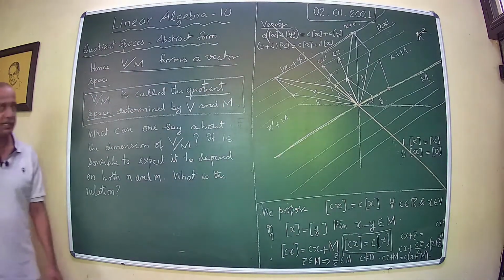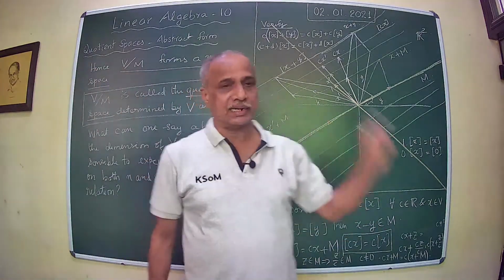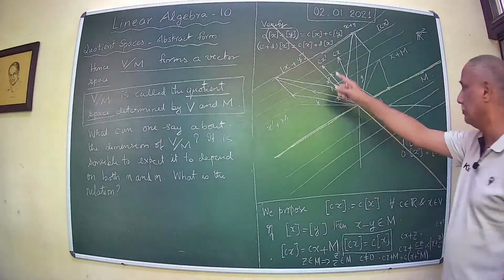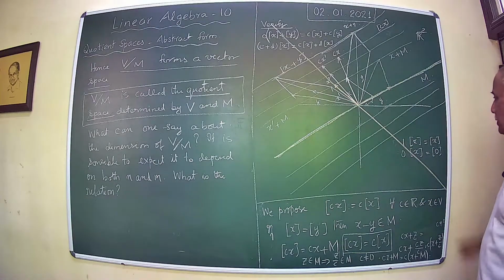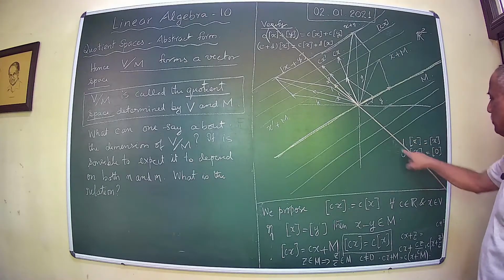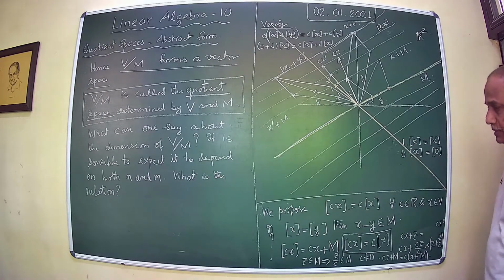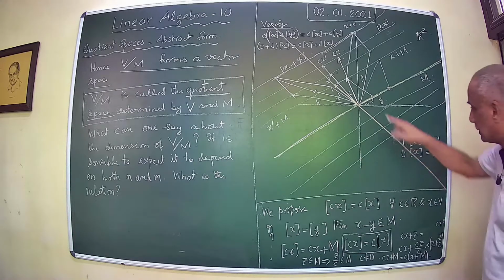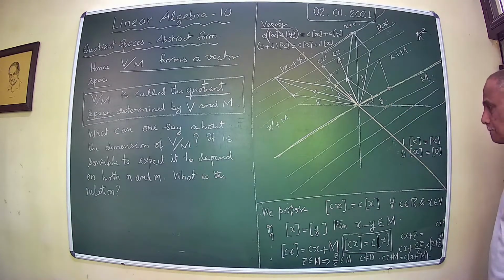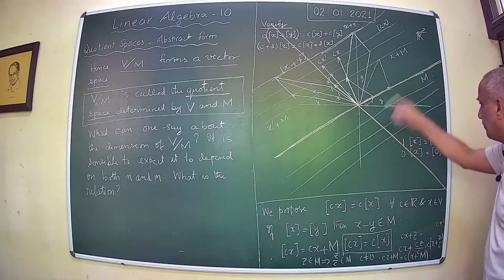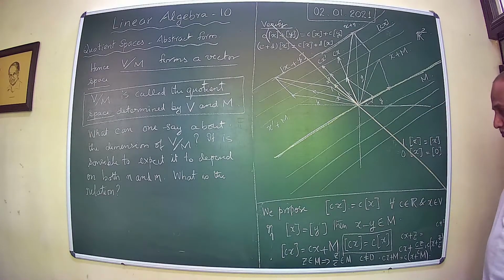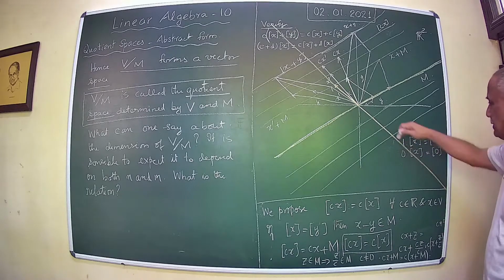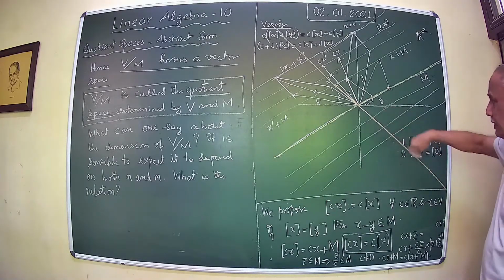And you see that every point on this line generates a quotient, and corresponding to two elements in this quotient, you have two lines parallel to the given M. If you add them,